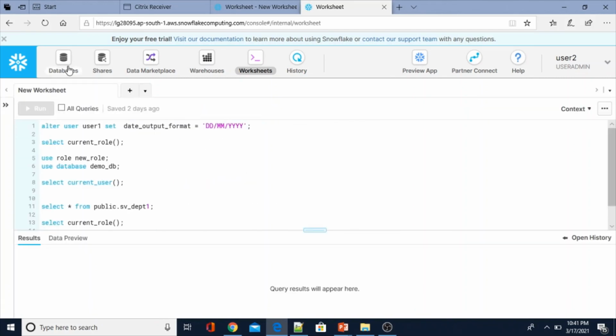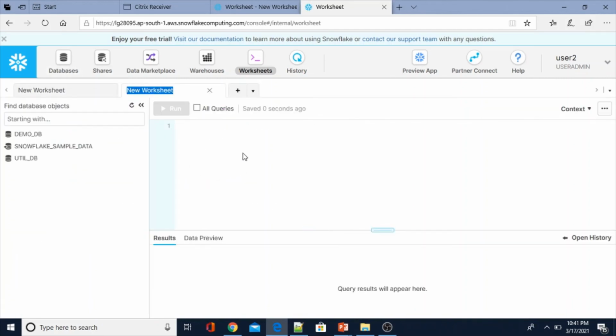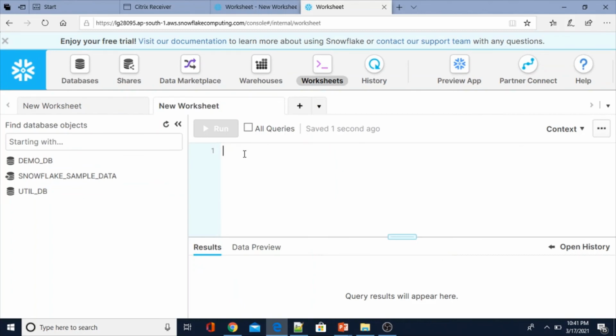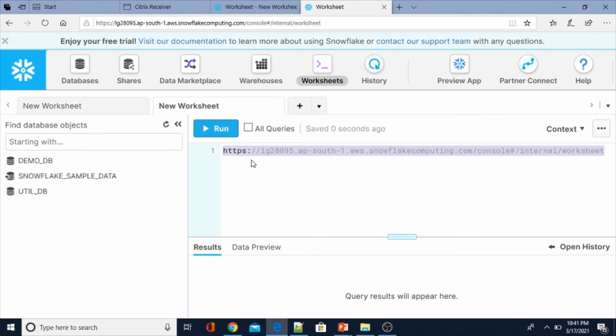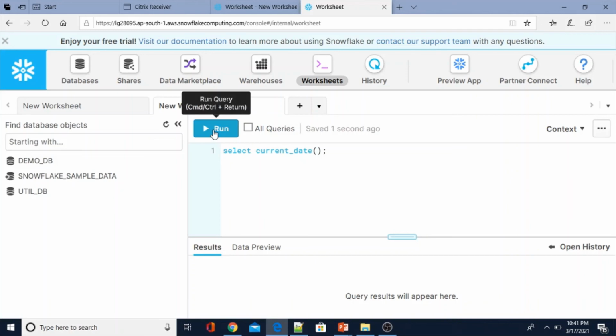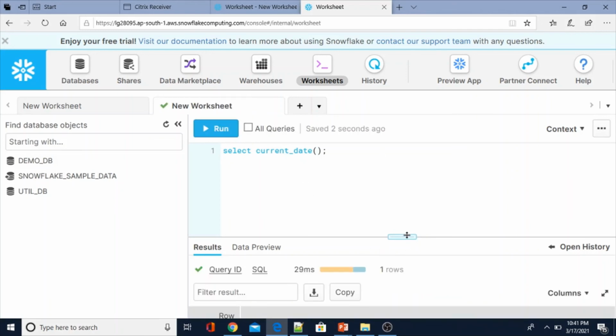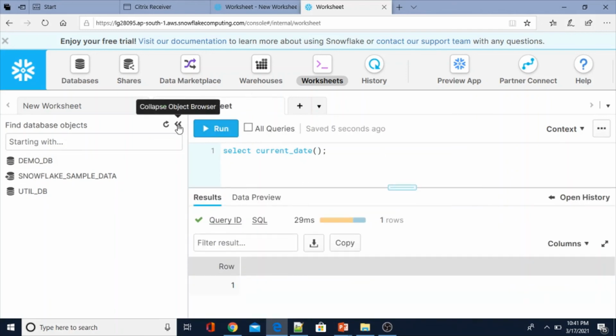Now we are connected to user 2. I open a new session and select current_date.